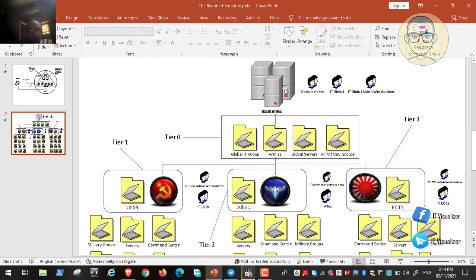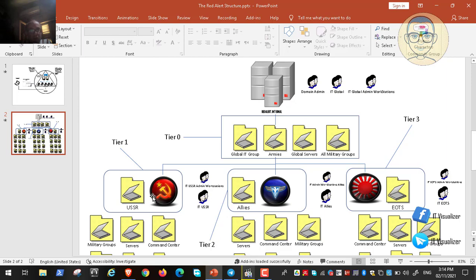and then we have our main OUs. This will be at a level called tier 0, remember this name, and then we have 3 armies. Every army will be a sub OU of the main OU: the Russian, the Ally, and then the Japanese army. These are 3 sub-organizational units, and they will also be in tiers. So this is tier 0, the main OU level, and this contains most of our important servers, including